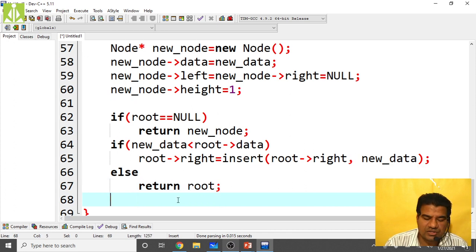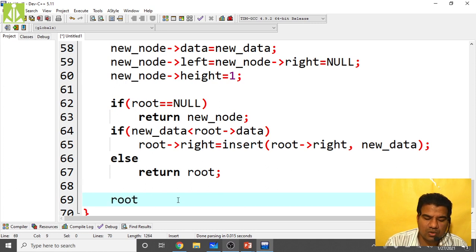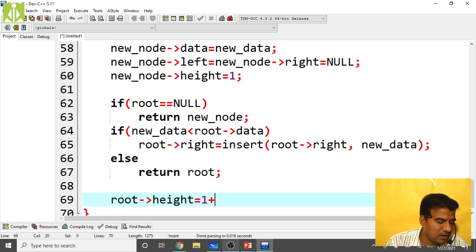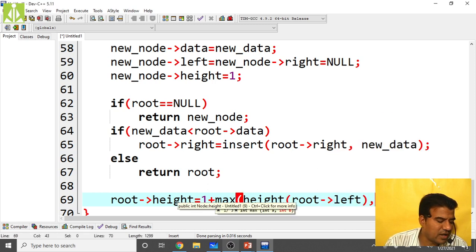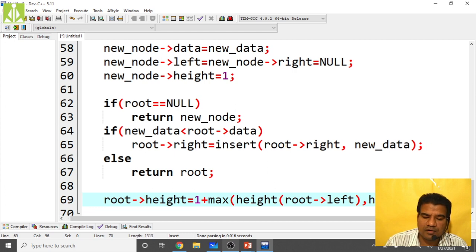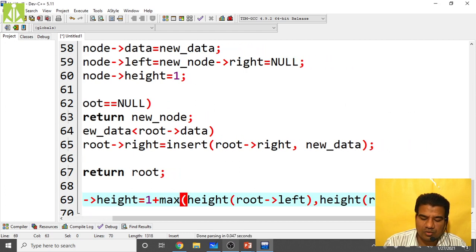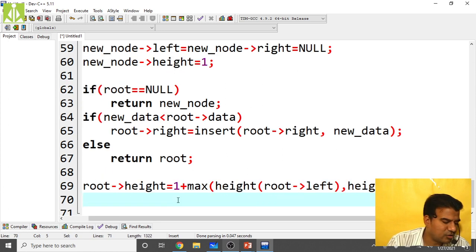Then change the height credentials: root of height equals 1 plus max of height of root of left, comma, height of root of right. That's it. Put the semicolon at the end. Come to the next line.